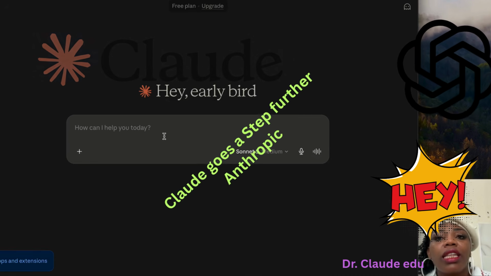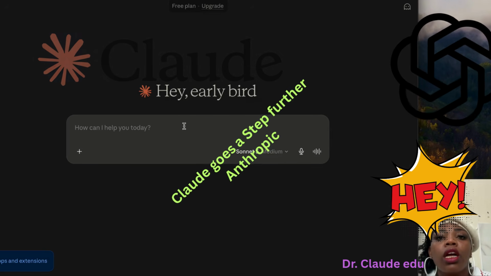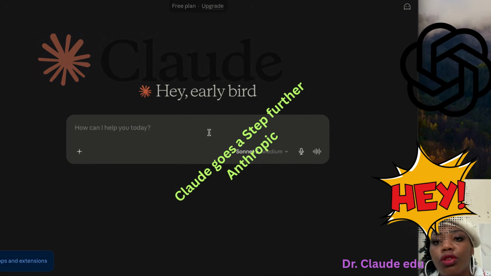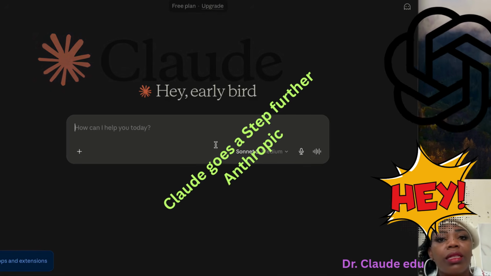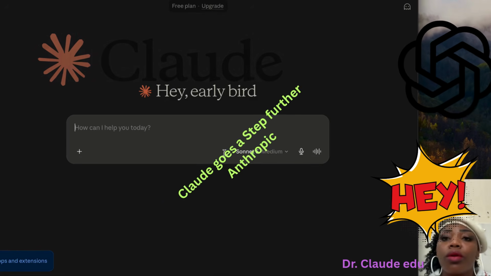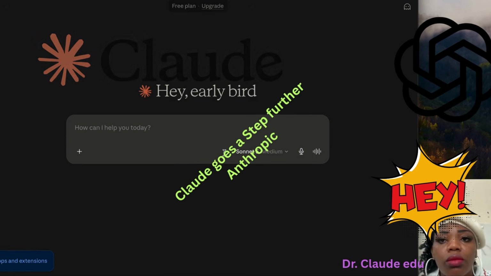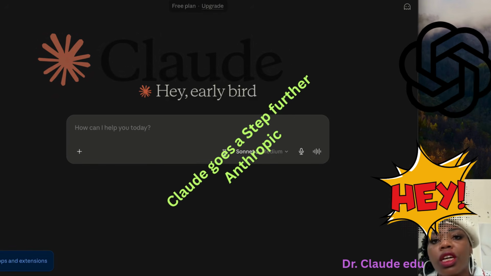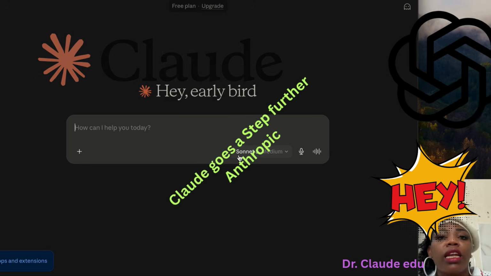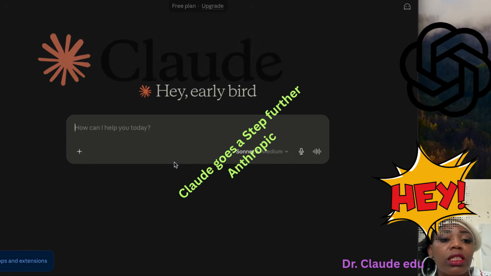But Claude is like the therapist, right? Claude has something called constitutional AI, basically meaning that it has a moral compass built in. It's much harder to trick Claude into saying something inappropriate. Claude detects it